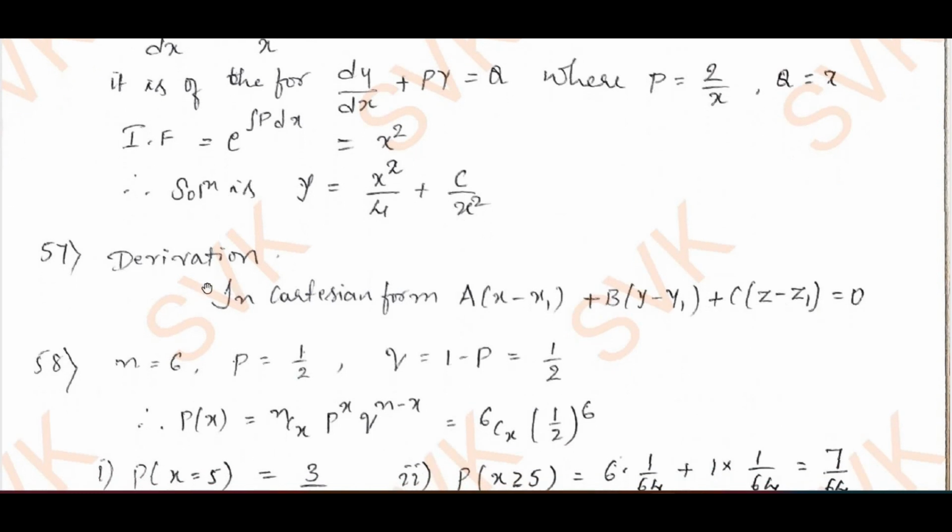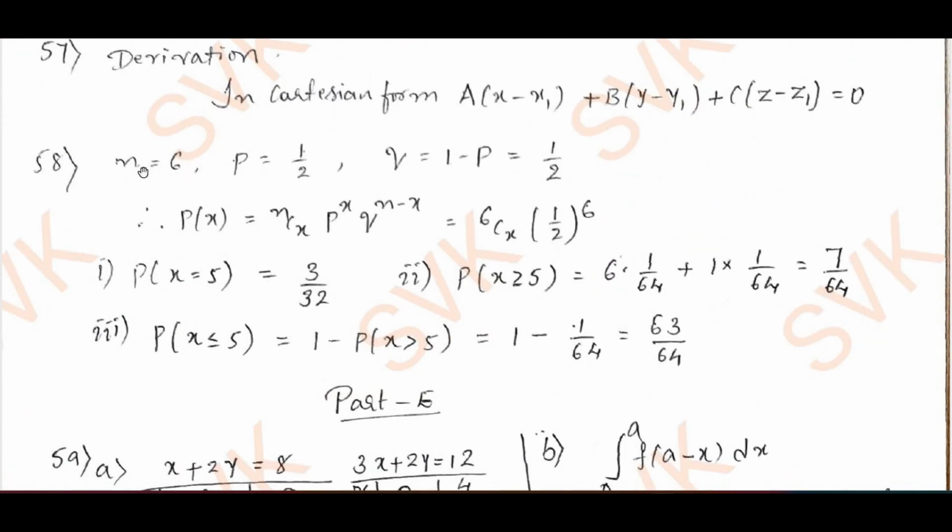57th is a derivation. Then we are going to get in Cartesian form a times of x minus x1 plus b times of y minus y1 plus c times of z minus z1 equal to 0. 58 is n equal to 6, p equal to 1 by 2, q equal to 1 by 2. Therefore, by